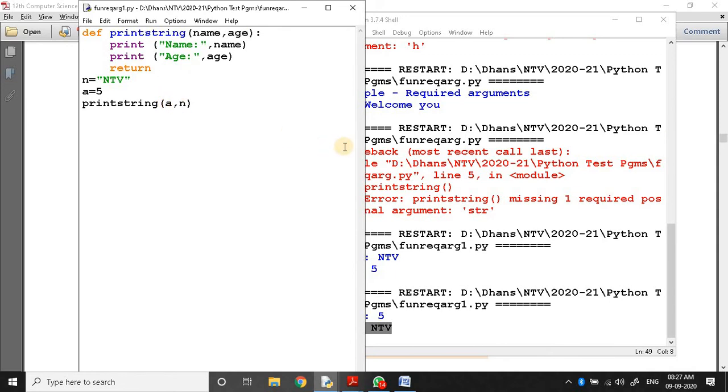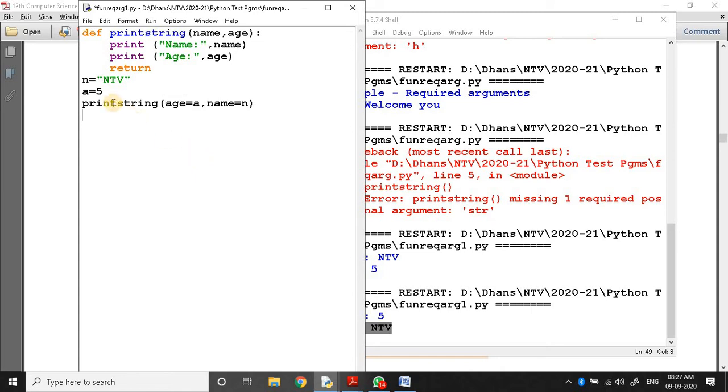That means age is equal to a, name is equal to n, because these are the two names specified in the function definition. That will be treated as the keyword. Before passing values, you assign the values to the names with the keywords. This is called keyword arguments.